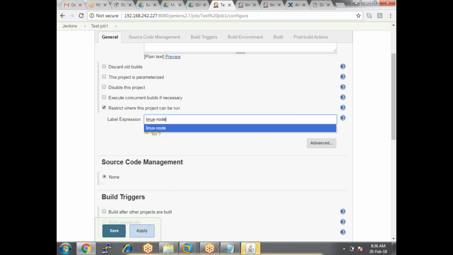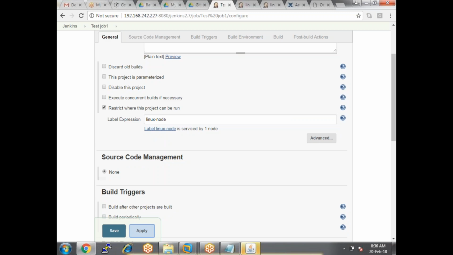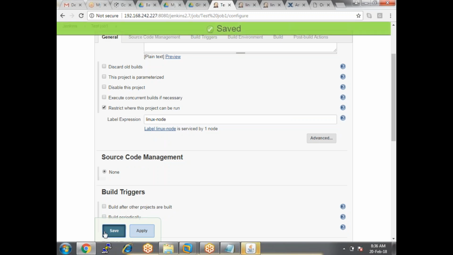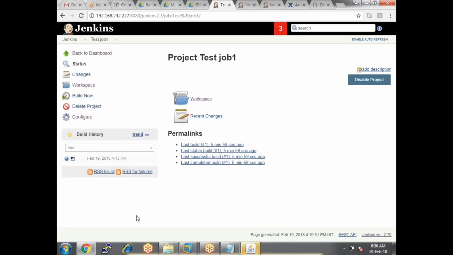That's also possible. So if you run this job on a Linux node, but unfortunately this is offline. That should be online. If you run this, the job won't be run actually. The job will be done on the Linux node machine. Just say it is run. Now, once the job is run,